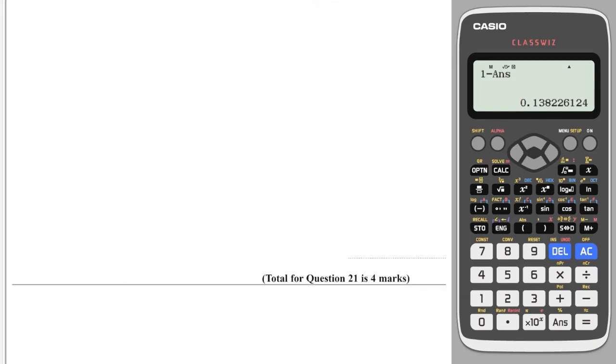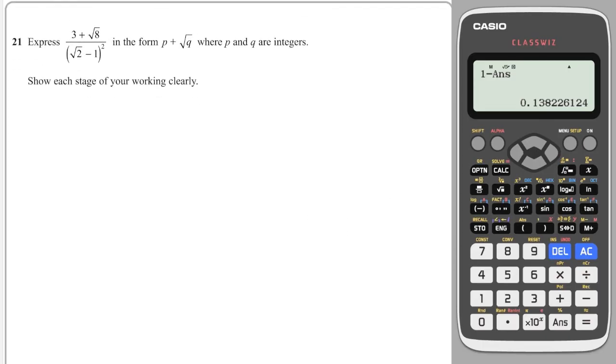Okay, tricky third question, which is for 4 marks. First off, I've got a root 2 here, and I've got a root 8. Now, root 8 is 2 root 2. And you can check that out by just typing it into your calculator. It will tell you it's 2 root 2. And that's because root 8 is equal to root 4 times root 2, which is 2 root 2, because root